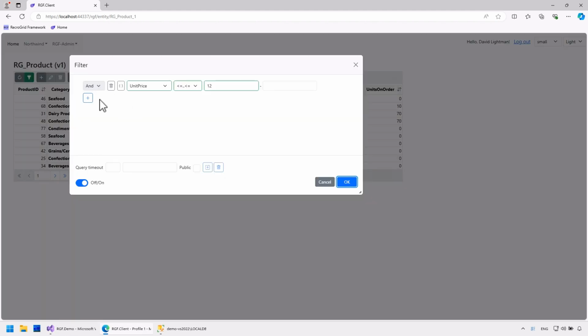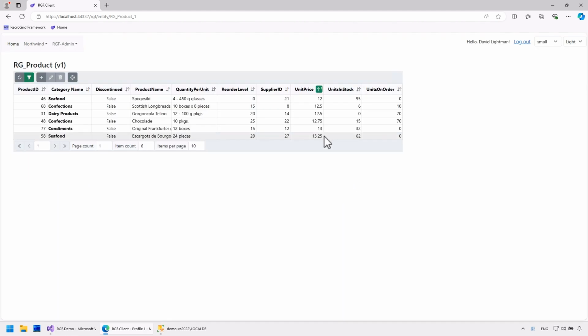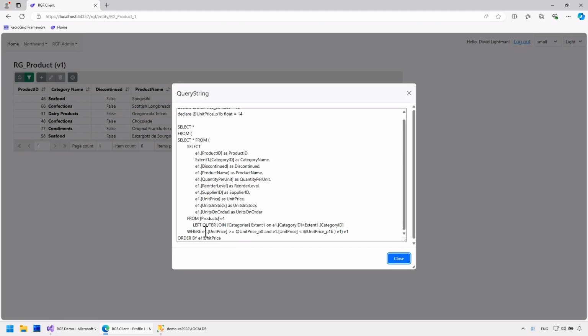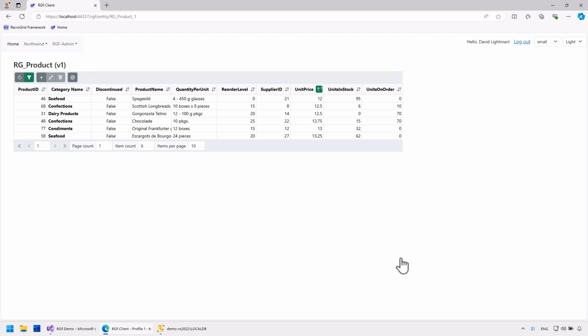The two can also be combined. For example, the condition could be greater than or equal to 12 but less than 14. The filtering conditions are incorporated into the database query, so only this data will be sent from the server to the client. In the next example, we will look at a Boolean field.